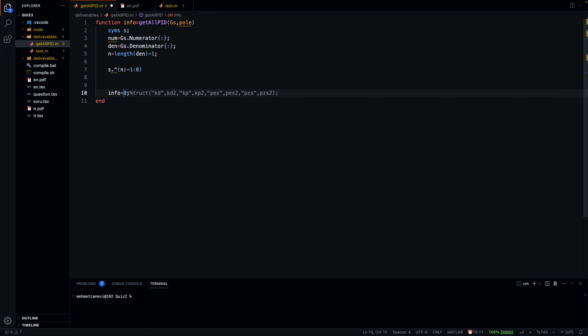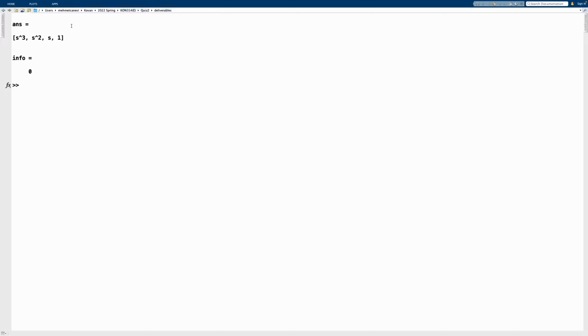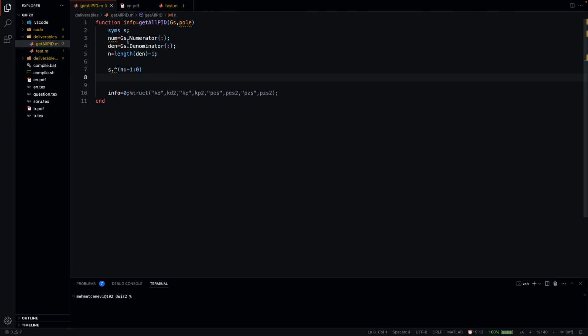Oh, this should be 0. So if we test it out, you can see I'm just generating a vector that has all the necessary powers here: s cubed, s squared, s, and 1. And since I have another vector, let's call it num,